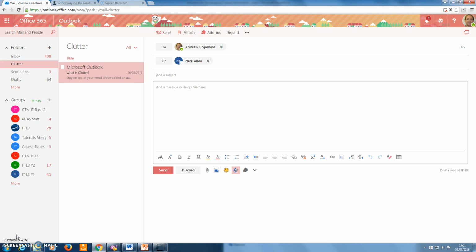So I've opened up a new message in my email account here. Now I'm using Office 365. You should use your student email to send this. Everyone has got one, so you don't need to bother using a personal email account at all. And you can see I've already filled a couple of things in. For level 2, you do have to show that you can use the CC field here to send a message to a second person. So the first person should be me, and the second person will be your tutor, Nick